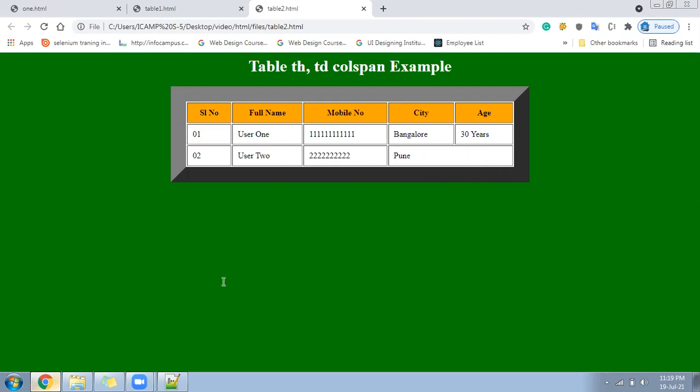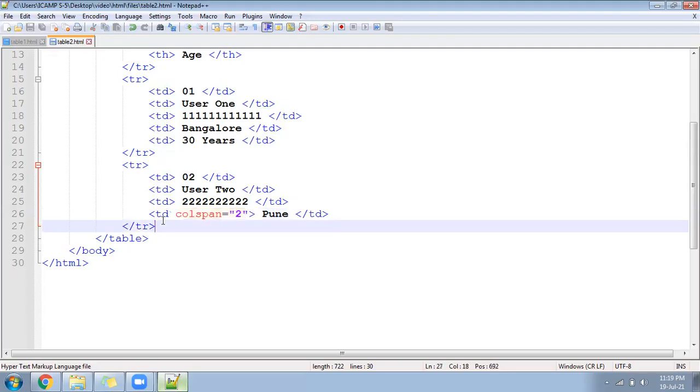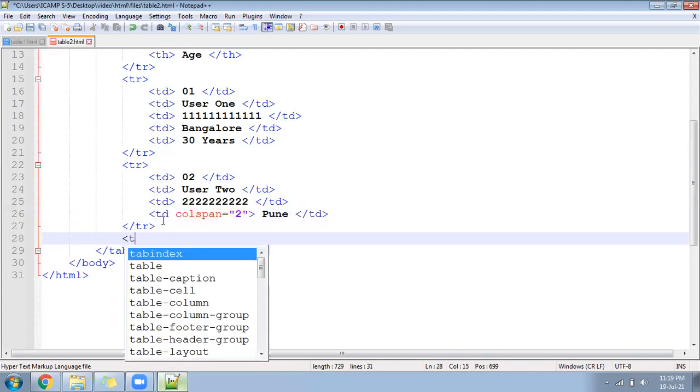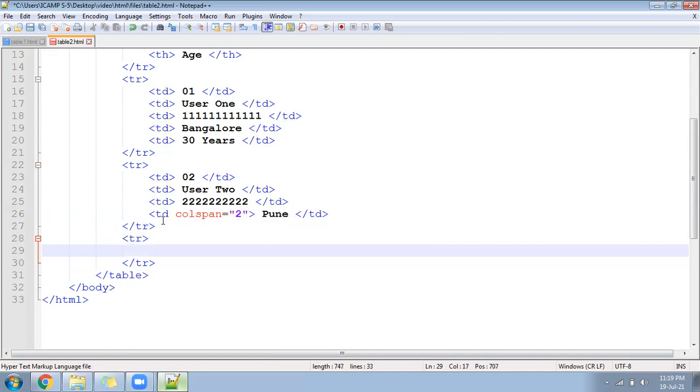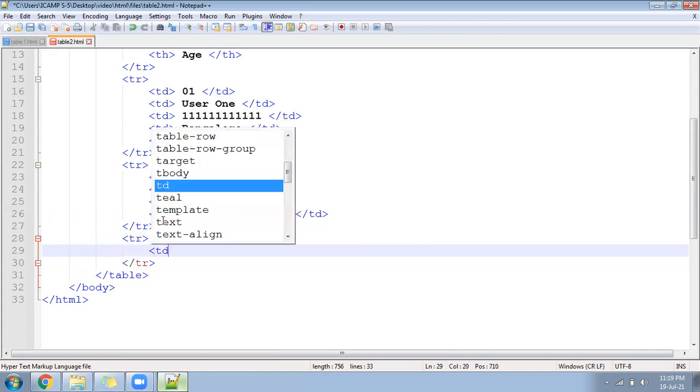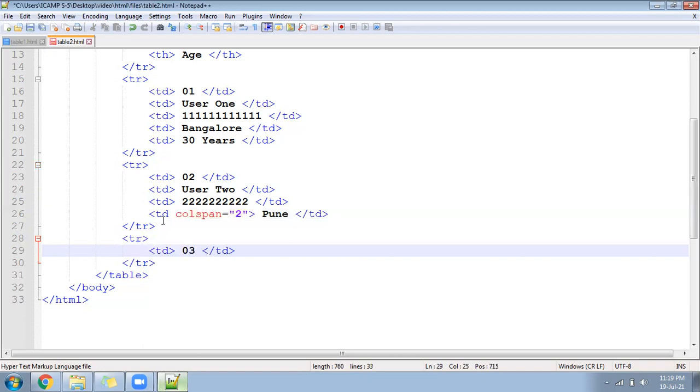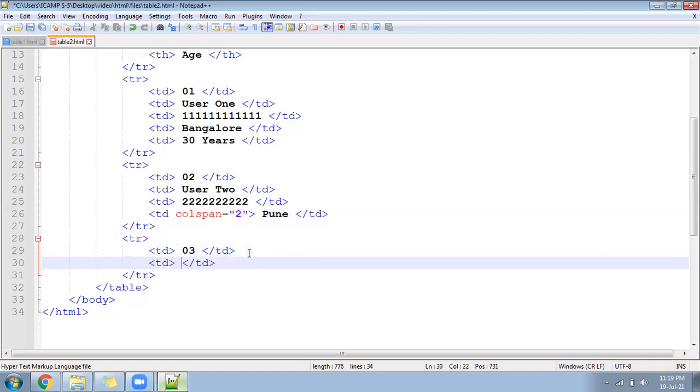Okay. Now let me come to the third user. User number 3 has given all the information. TD 03 and he is the user number 3. User 3.